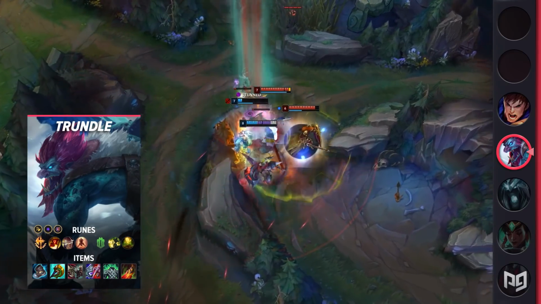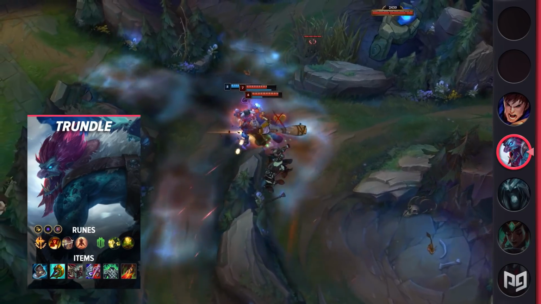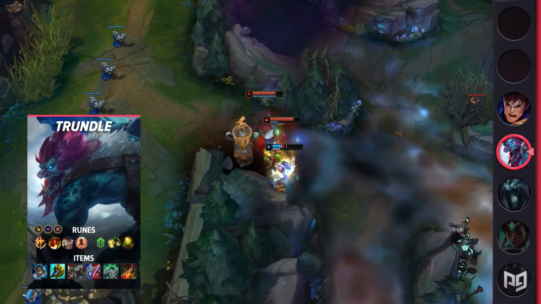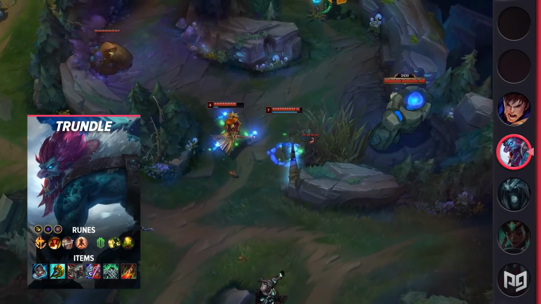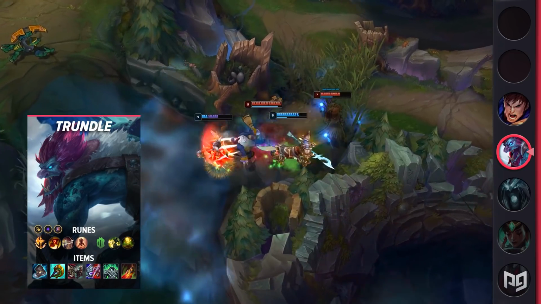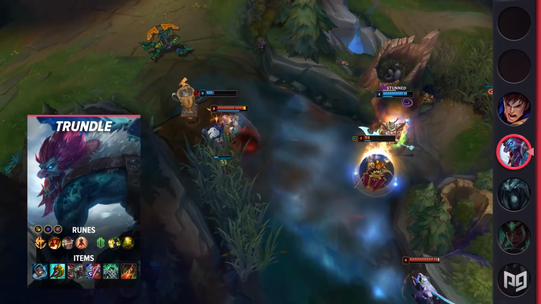If you're going to go off with a standard playstyle of grouping for objectives, you'll want to build a bit more beefy. Turn Tiamat into Titanic Hydra, then go Steric's Gauge, Spirit Visage, and Death's Dance. If you still feel like you want to be tankier, you can swap out Death's Dance for something like Thornmail or Randuin's Omen. For runes, the standard setup for split pushing will be Conqueror, Triumph, Alacrity, Last Stand, Demolish, and